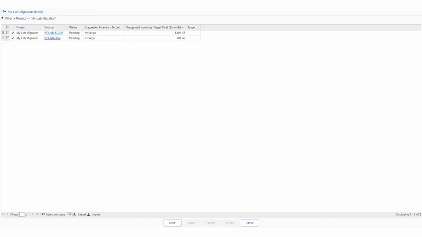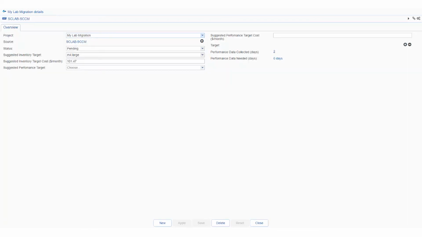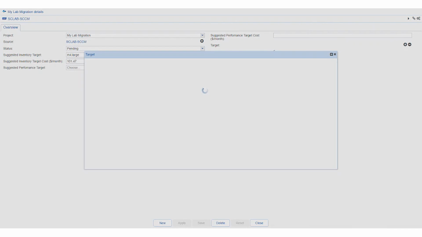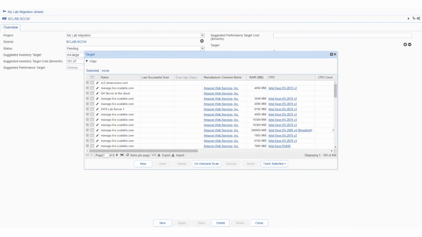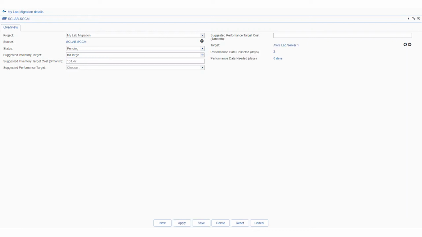Now, once your teams have completed their move, they've purchased those devices in the cloud. Of course, our cloud inventory allows that information to come down into Asset Vision, and then I can potentially go in here and choose the target. So if I search in here for my lab, here we go, AWS Lab Server 1, which I purchased for my migration. I can apply that here, and actually I could say, you know what, this is now migrated, and